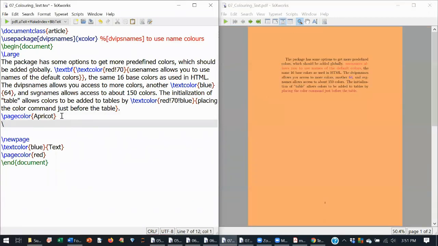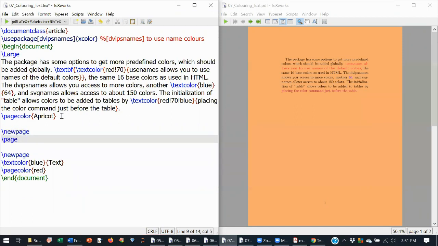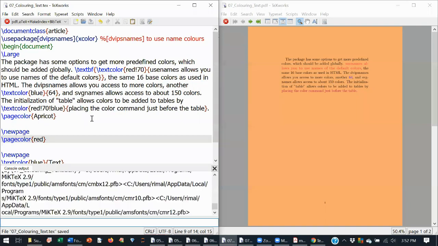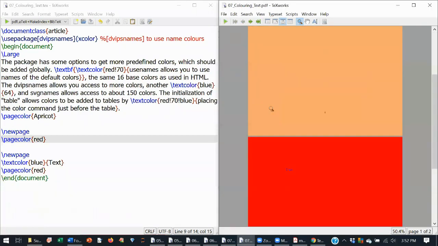So we'll see, I'm adding a new page. We'll see what happens. You see, you can have two colors.